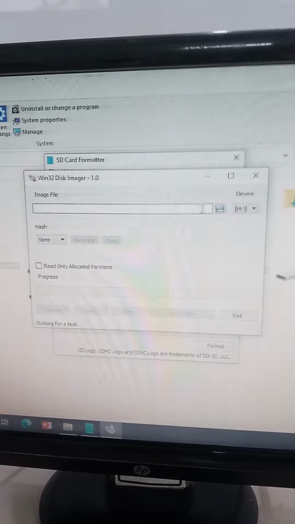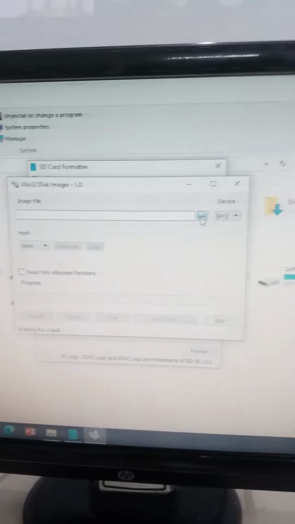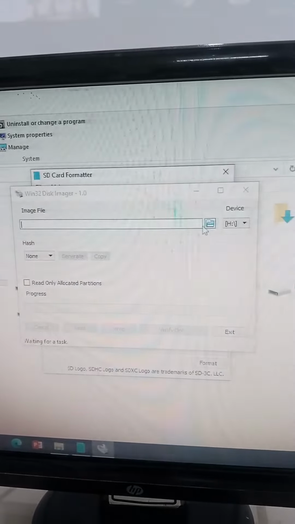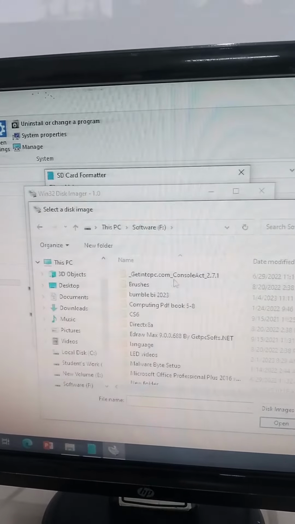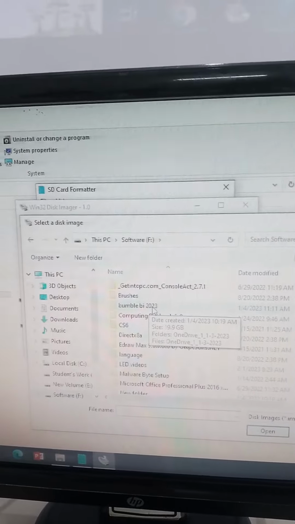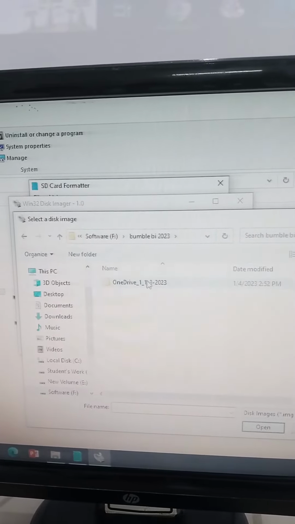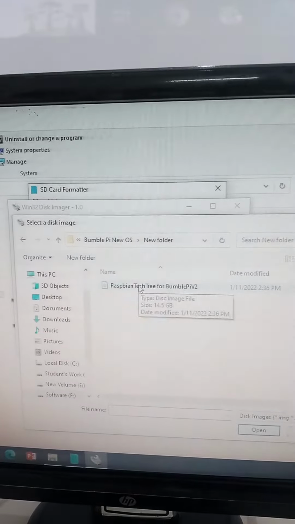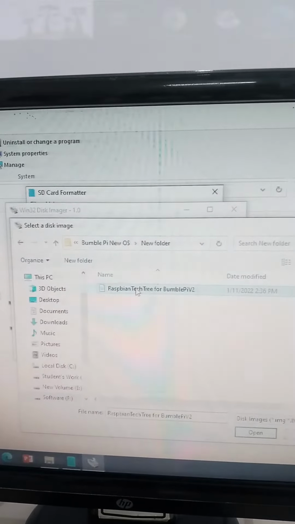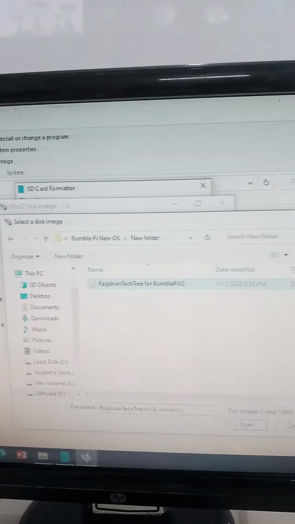Now you need to select the image file, click on browse. Now select the drive where you have stored the Raspberry Pi OS. So here is the Raspberry Pi 2023 OS. Open this. This is Raspbian Raspberry Pi version 2. Click here, and now click on open,